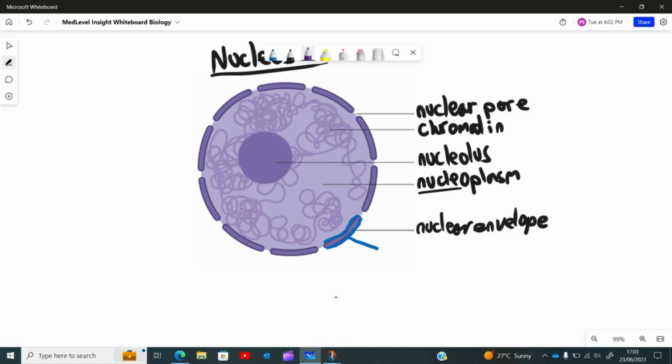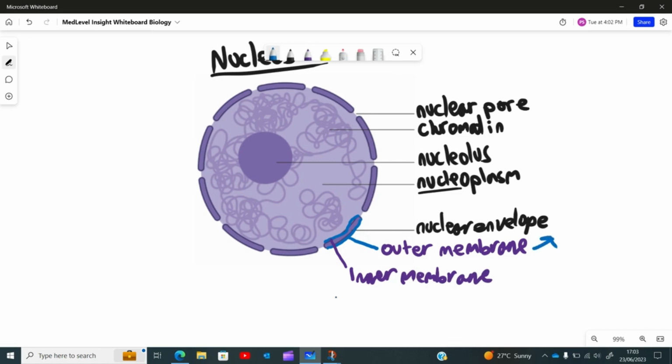So let me put on purple, outer layer or membrane. I'll just call it membrane, and the inner membrane. Alright, so the outer membrane,